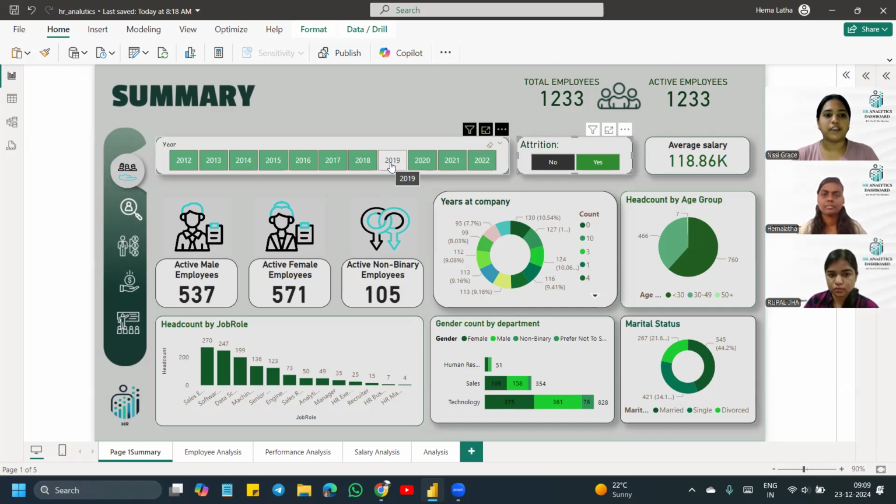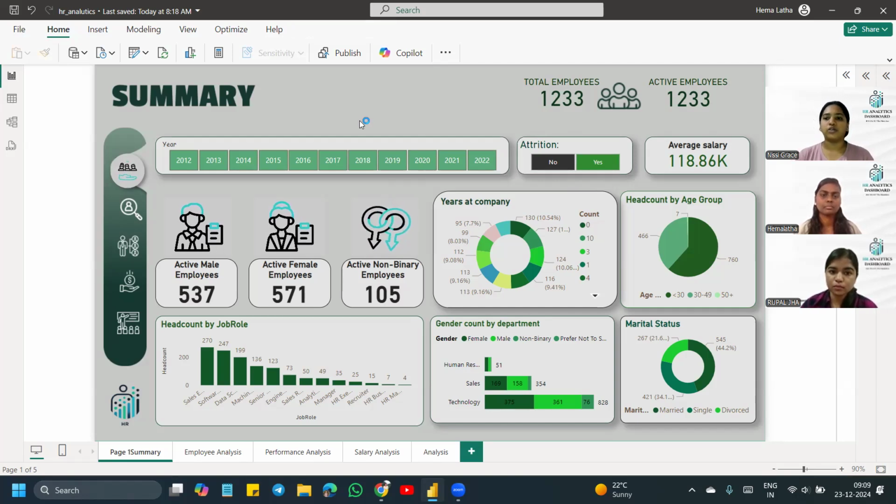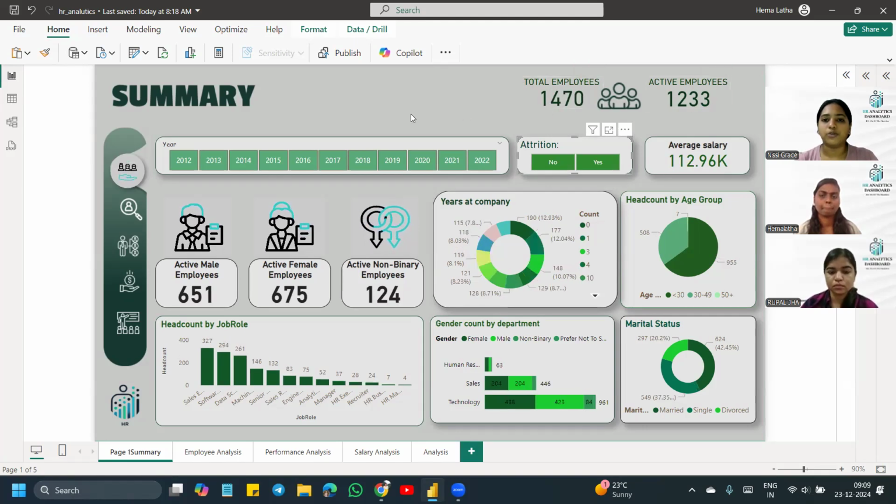The first page was the summary, which gives the total summary of the data. The summary page provides a quick snapshot of the organization's overall HR metrics. It includes employee details, where we can see the number of employees and the active employees, because there are some employees who have left the organization. We can also see the years at the company that a person has been working, the headcount by age group,